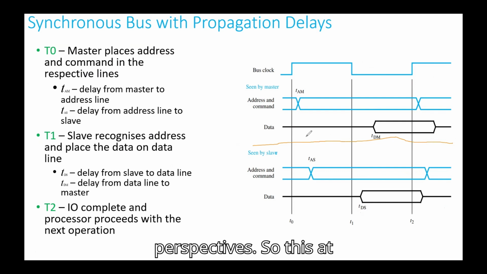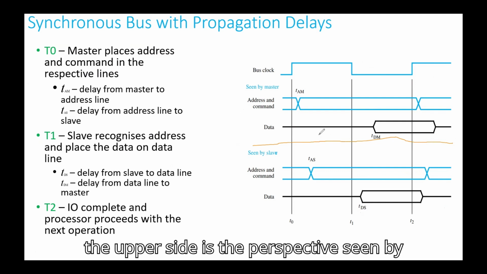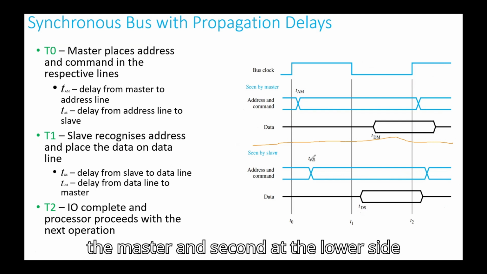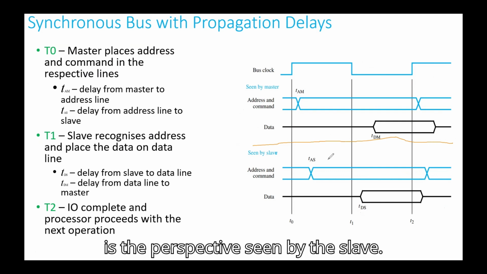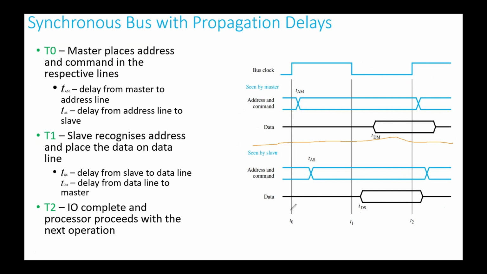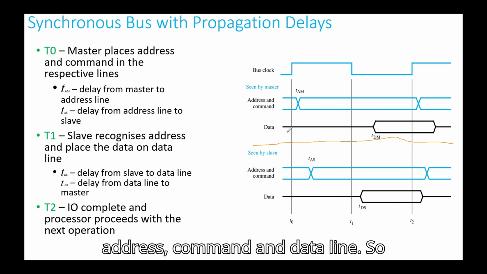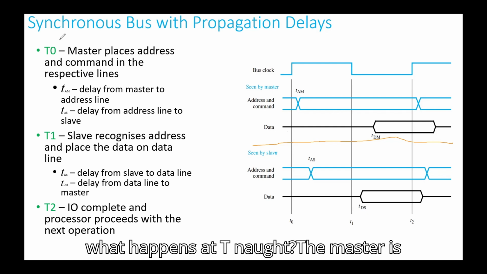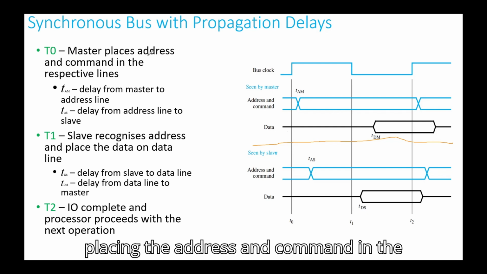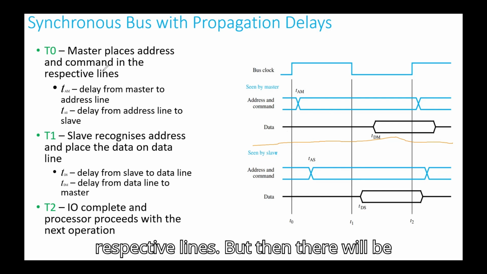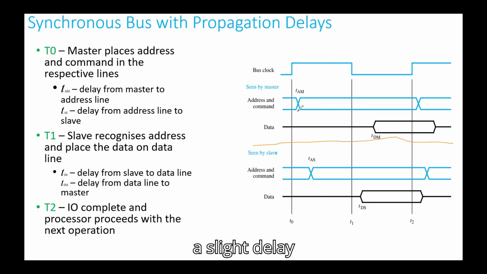So this at the upper side is the perspective seen by the master, and the second at the lower side is the perspective seen by the slave about the three data lines, that is your address, command and data line. So what happens at T0, the master is placing the address and command in the respective lines. But then there will be a slight delay